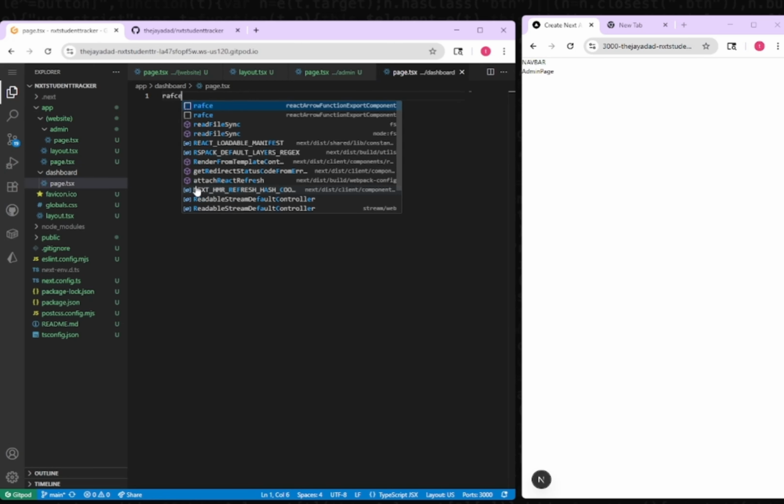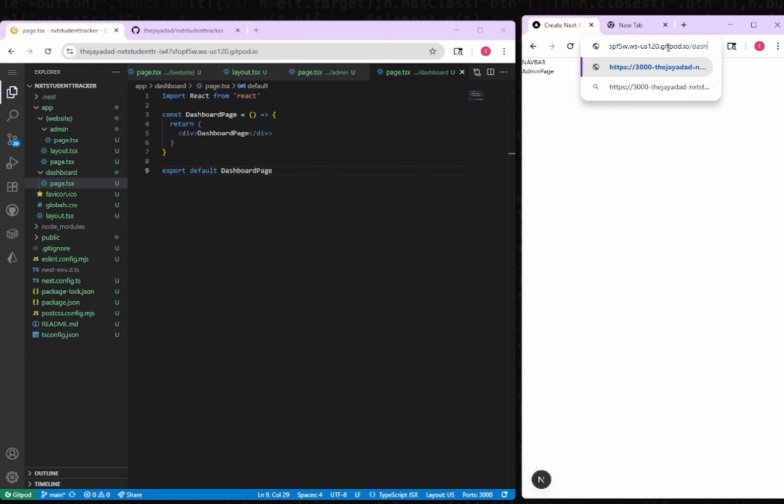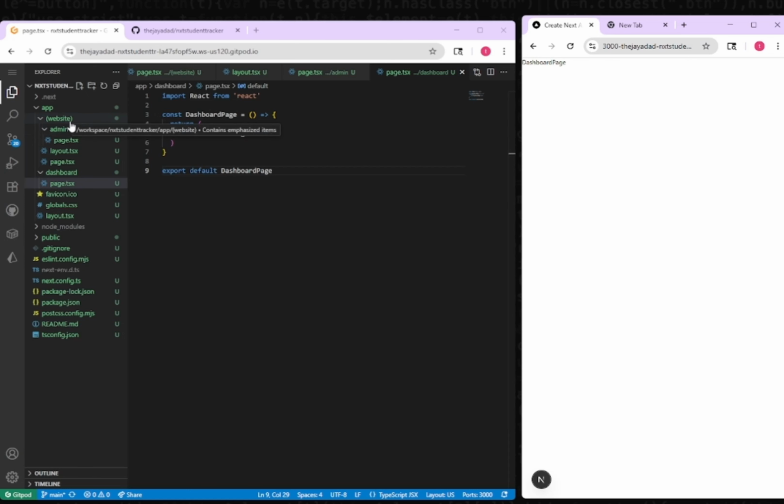And inside of it, a file named page.tsx. We'll just create a quick dashboard page functional component, dashboard page. Click Save. Now, if we go to localhost/dashboard, notice that we do not have the navbar text above dashboard page because it is outside of this website route grouping. So I just want to give a quick demonstration of how that works so that you can see that this is an easy way to create unique layouts within Next